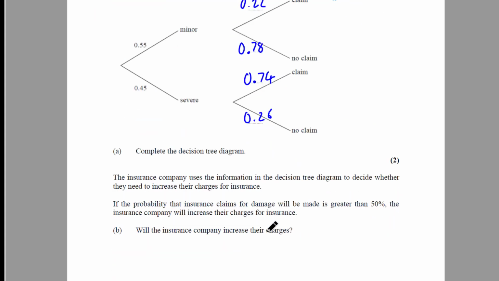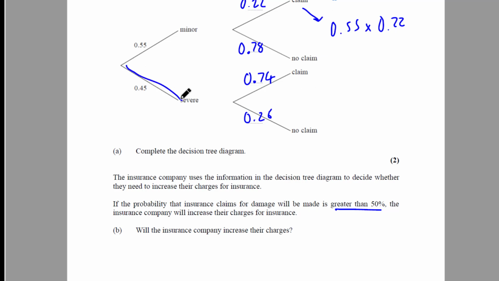So the insurance company uses the information in the decision tree diagram to decide whether they need to increase their charges for insurance. If the probability that the insurance claim for damage will be made is greater than 50%, the company will increase their charges for insurance. So we need to work out the tree. So if we do 0.55 times 0.22 for this branch here,